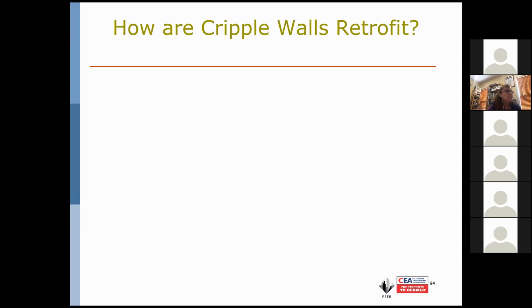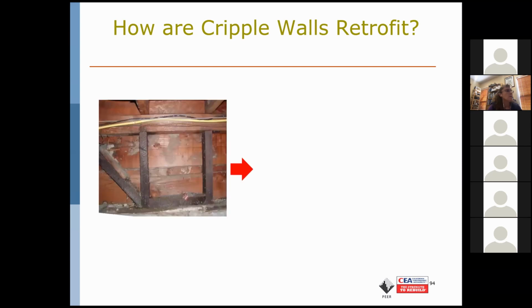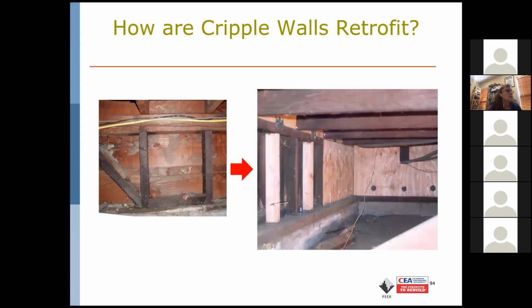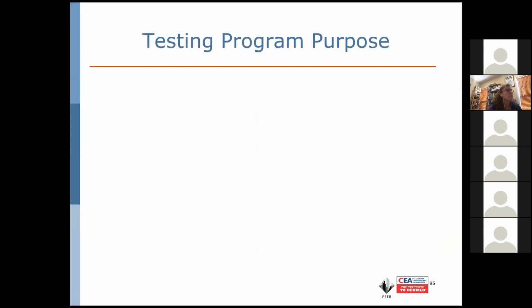As Kelly laid out from the work of the ATC 110 project, nowadays the strategy for retrofitting the cripple wall is to come in the underfloor and primarily place plywood sheathing, follow the load path, and implement clip and bracing elements, and potentially augment the load transfer at the sill as well. But some of that has not observed prevalence